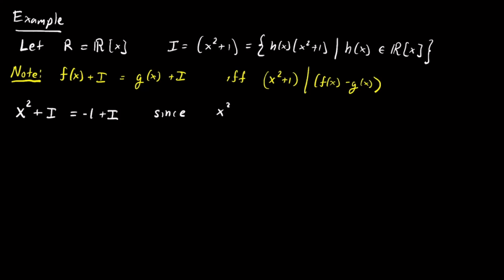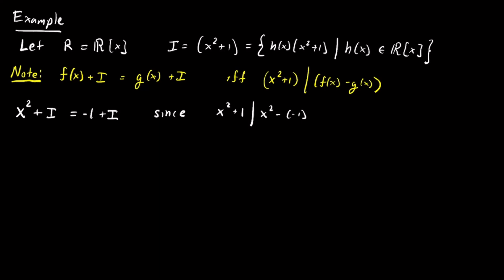Well, I know that x squared plus 1 divides x squared minus negative 1, right? I know that x squared plus 1 divides the difference between x squared and negative 1. Okay, so again, the idea is intuitively, we're setting x squared equal to negative 1 in some sense. We're forming the set where x squared is equal to negative 1. We'll see in a little bit that this actually has a ring structure,